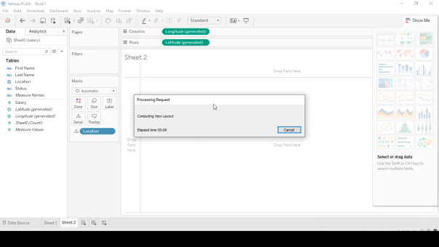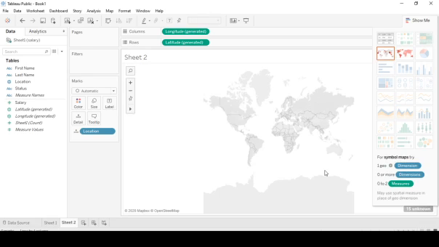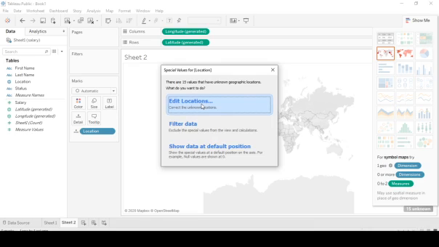So there is a certain processing time. Since it's a geographic measure, it's constructing a map. So here you see in the extreme right within the Show Me pane, the map icon has been enabled. But you don't get to see the locations because there are some errors. Let's go and fix this. So it says 15 unknowns. When you go here and edit locations,